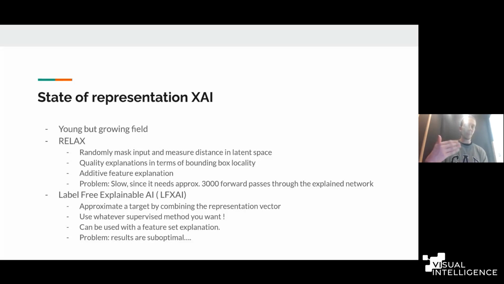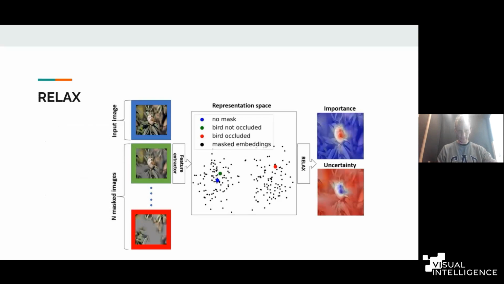The reason why I'm not getting that much into it is because, as you will see from our results, this approach generally creates suboptimal results. So let's go a little bit more into the one that makes sense to talk about a little bit more, which is Relax. So Relax was created by Christopher and some other people and submitted. And the whole idea is to understand this